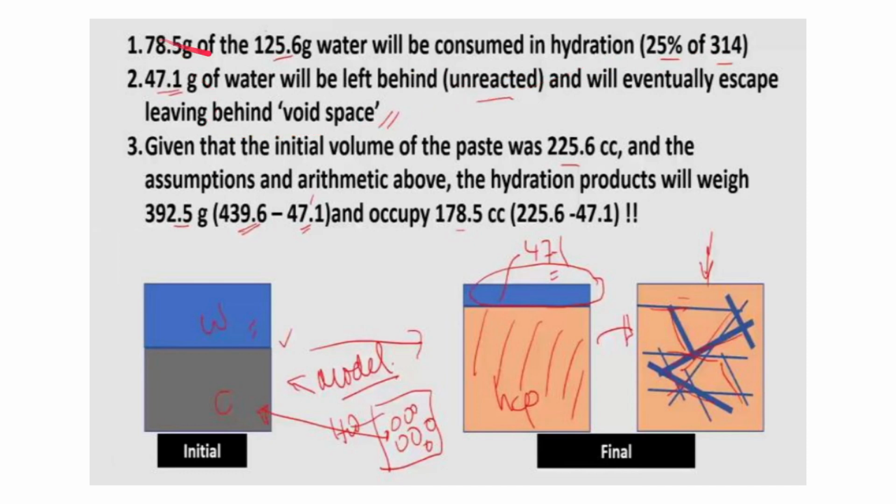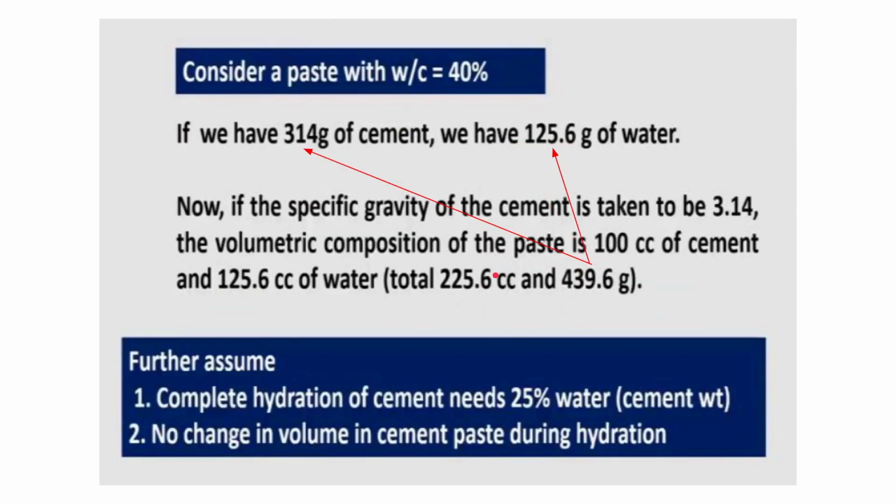So remaining, how much is there? It is 47.1 gram of water. That will be left behind as unreacted, and that will eventually escape, which results in the void space, as you can see. And if we assume the initial volume of the paste as 225.6 cc, as we found here,